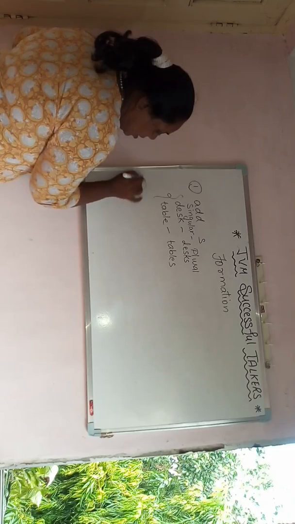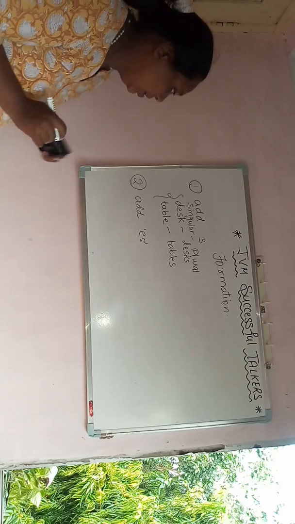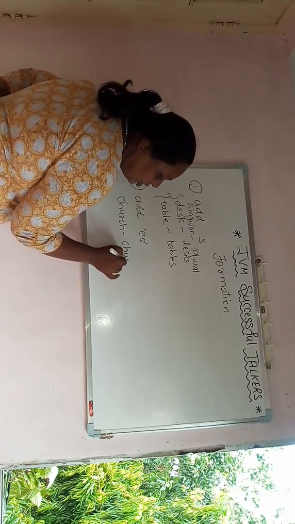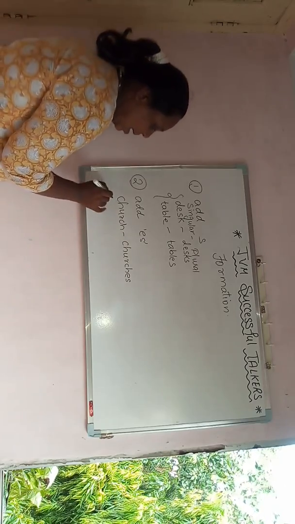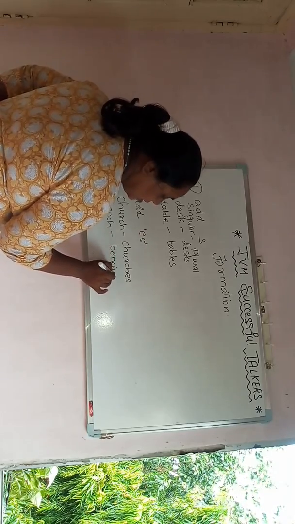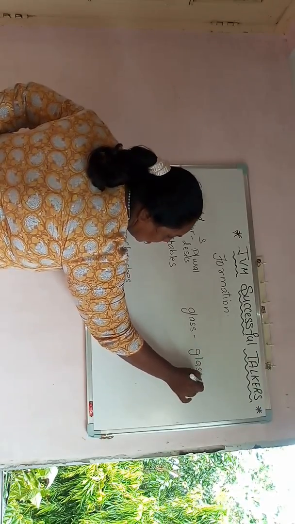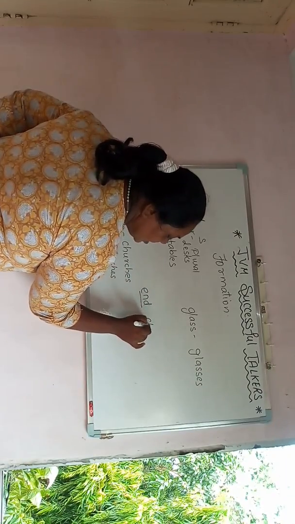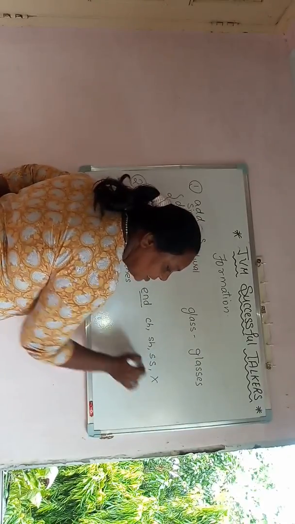For example, church. I will write the word church, then I will add es at the end of the word. Churches. Bench, benches. Glass, glasses. In this form, the word ends with ch, sh, ss or x. All the singular words which end with ch, sh, ss or x,